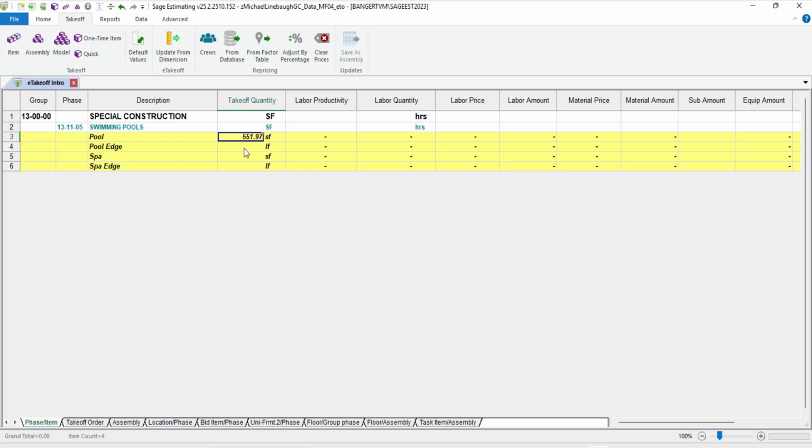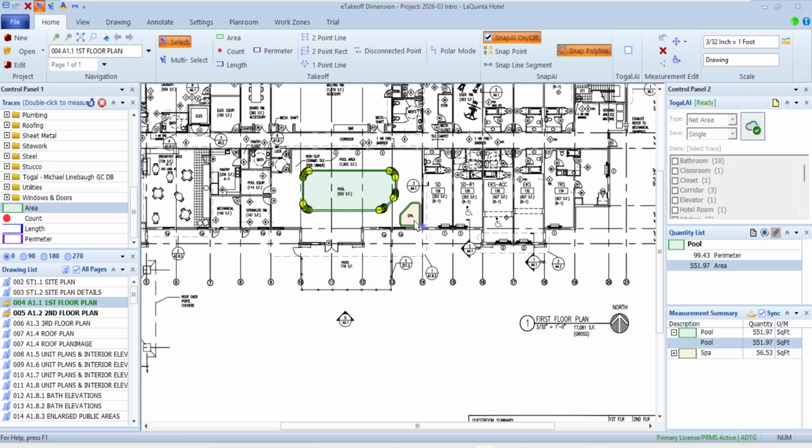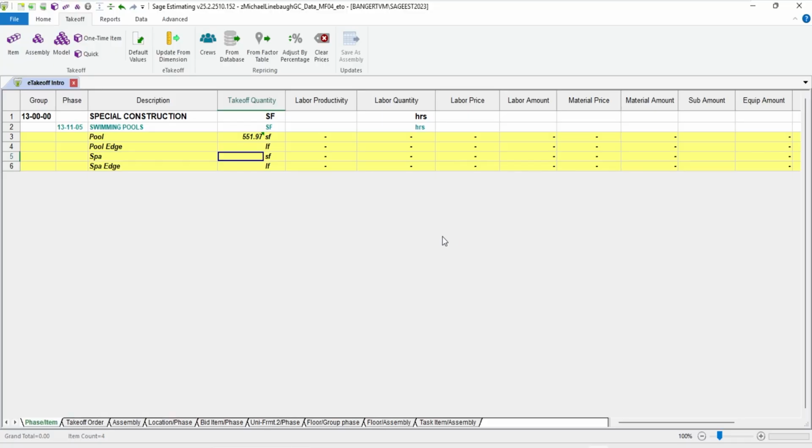That easy, I've got that linked to this cell. It notates that with a little triangle in the corner. I'll do the same thing with the spall: get a dimension, click on my spall, tell it to return the quantity, and that easy, I've got those.